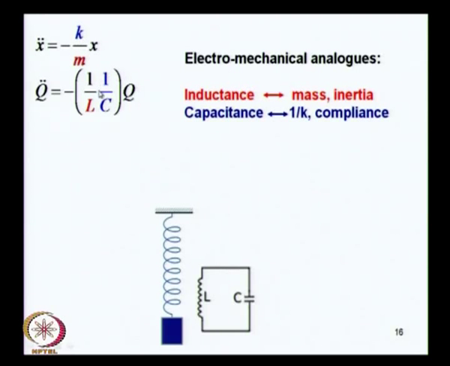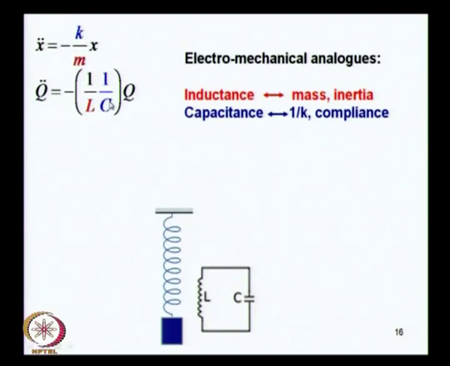If you look at the proportionalities, which are k over m and 1 over LC, both having the same minus sign, then you can immediately see a correspondence